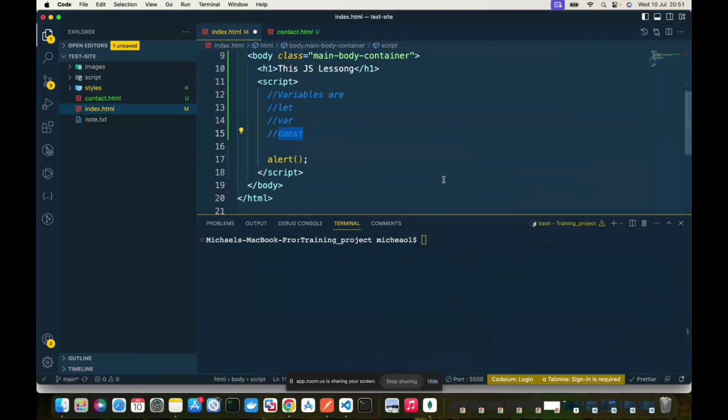But if the variable is going to change, you use let, right? Also, if you're creating a variable that does not have a value yet, that you might want to have a value later, you use let. You can't use const for that, because you have to initialize const if you create it, right?